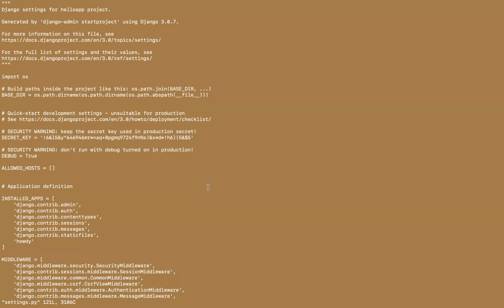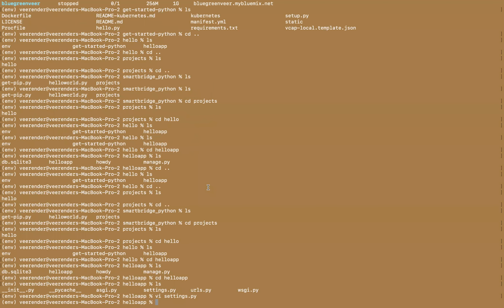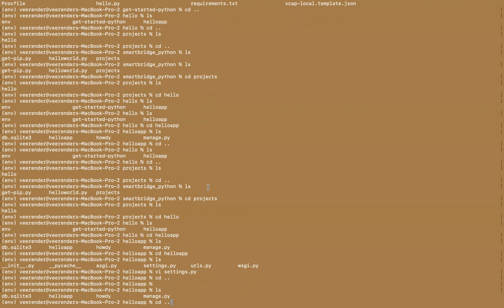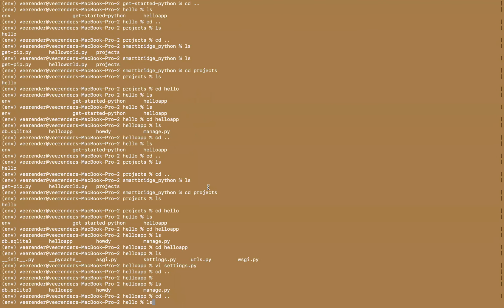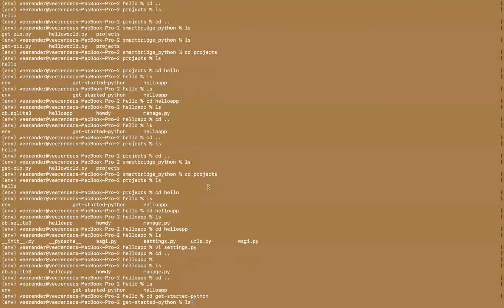Normally if you want to run your application on a Django server, this is what you do. You build your application and you copy your application app name here, so that once you start your server using manage.py, it will launch your application. But this is out of scope for today's session, so we are not really interested in that. That calls for a separate session altogether. Let me just quickly go back to that.